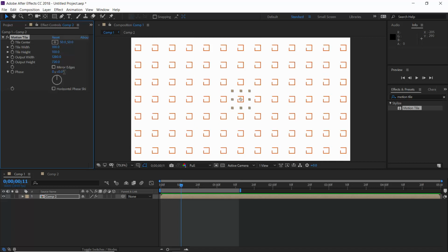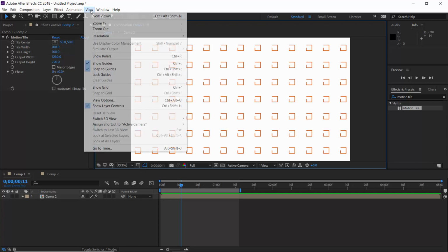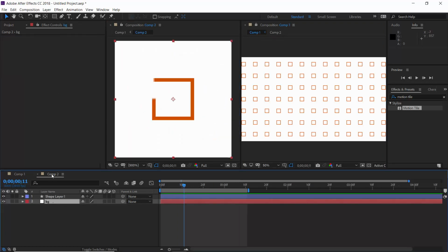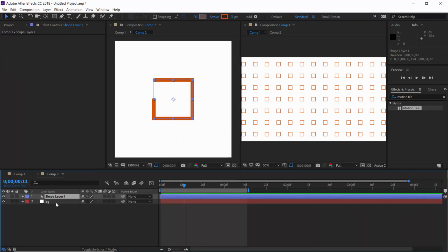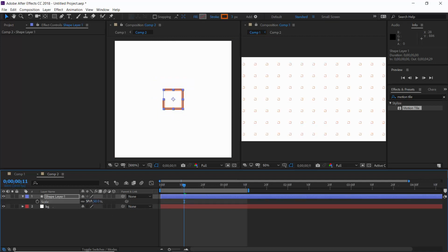Alright, this whole technique is based on repeating composition. Let me show you. First, I select this composition panel, go to View, New Viewer. It will open a new panel and will lock it automatically. Benefit of this will be if I select this first panel, now go to the comp 2, it will not change locked panel. And whatever changes we will make here in comp 2, we can see its impact on the